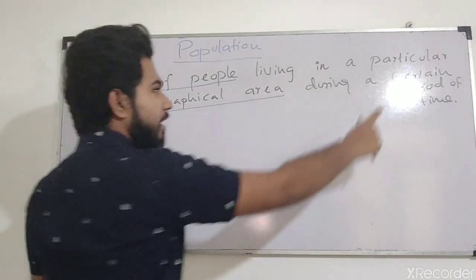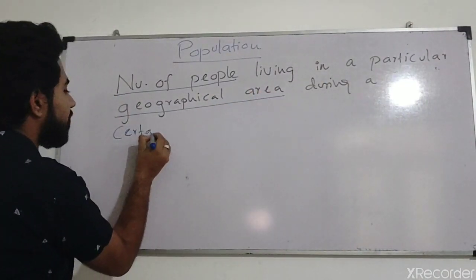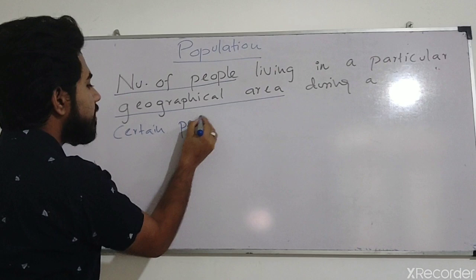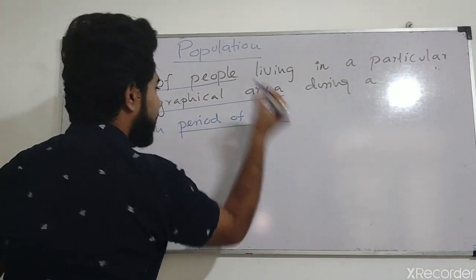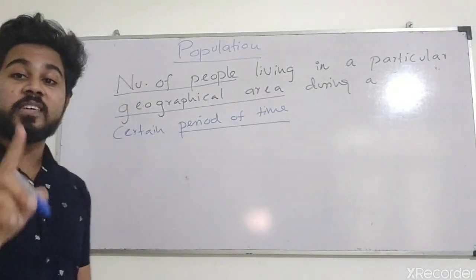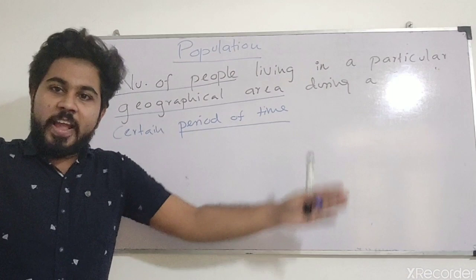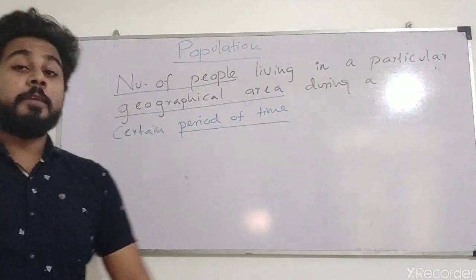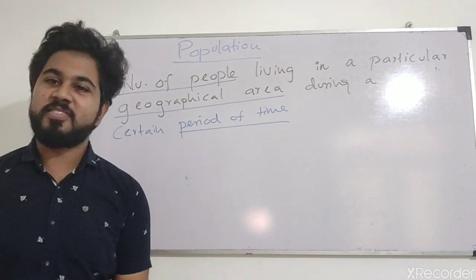And the other one, a certain period of time. That means we are focusing on a specific period of time. So, number of people living in a particular geographical area during a certain period of time is defined as